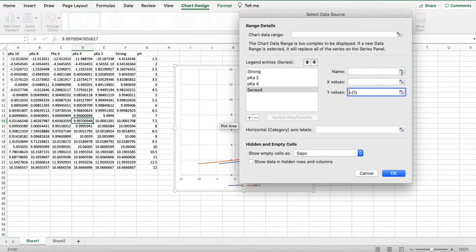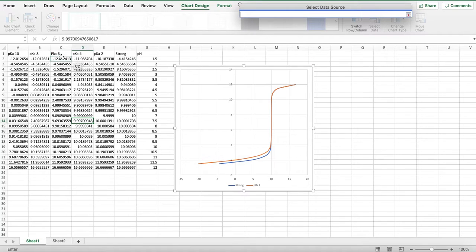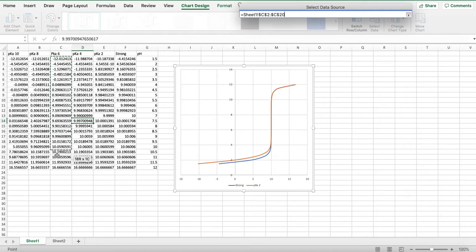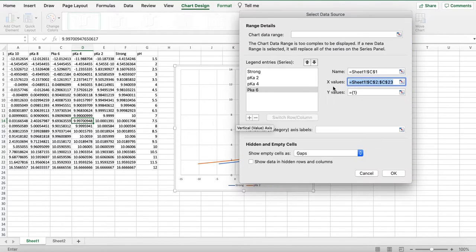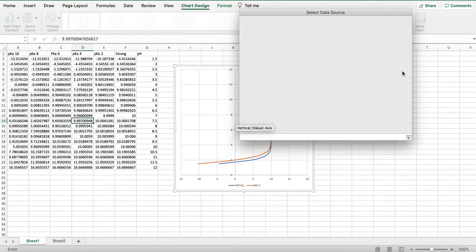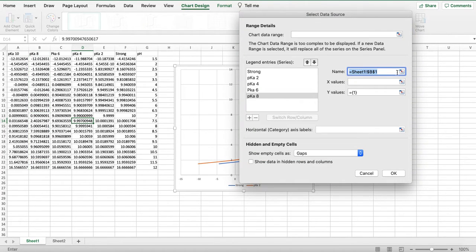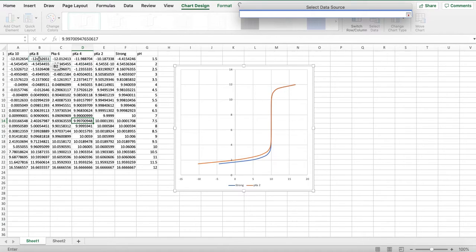Okay, I'm going to add pKa6, so my x values, oops, I think I wanted that to be the name, yeah. And here are the x values, hit enter, y values, paste, series 5, did it again, name, x values,